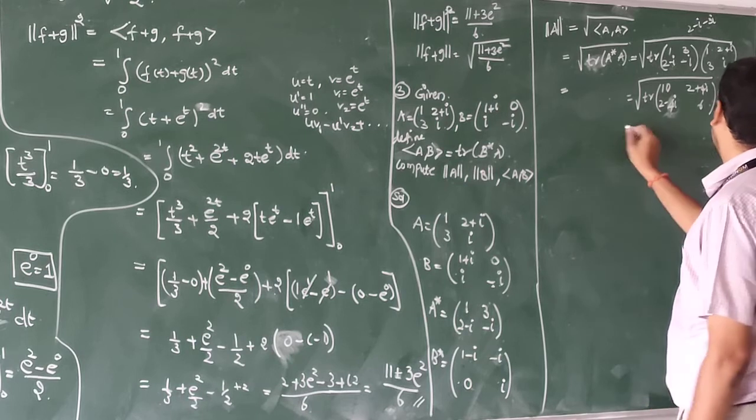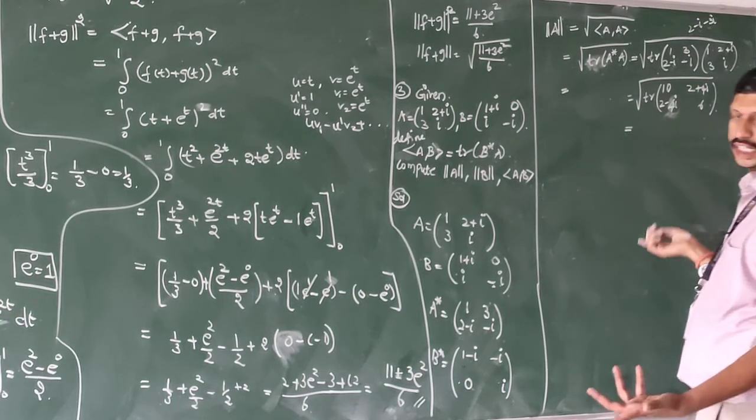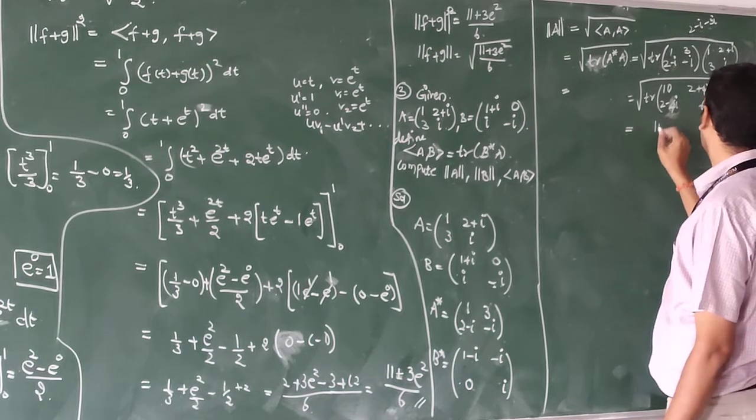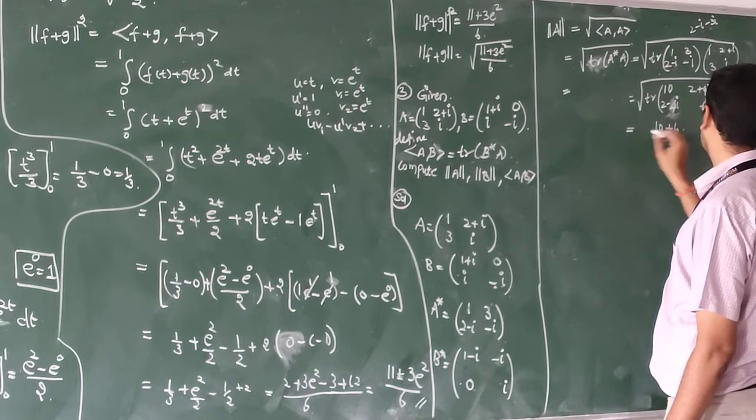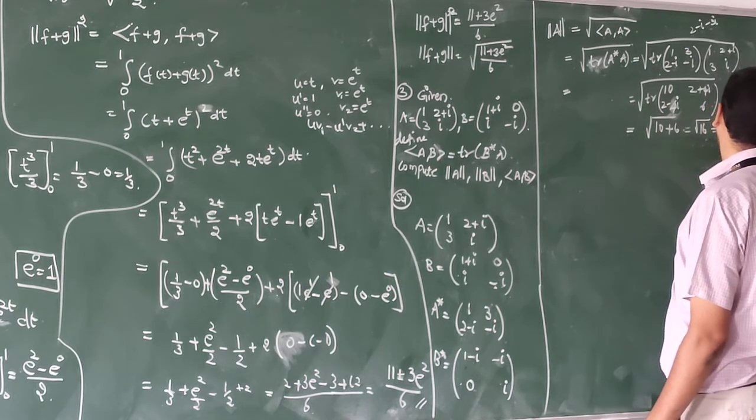So, you have to calculate only trace for this one. So, you do not need to consider the other one, you have to calculate only trace for this one, that is trace of this one is 10 plus 6. We have already root. So, that is root 16 equal to 4.